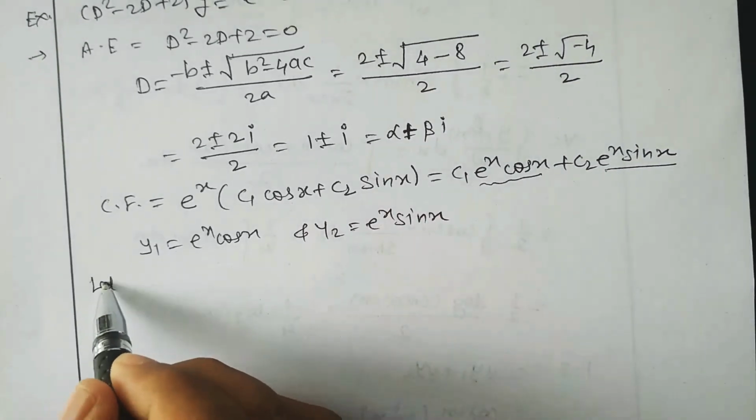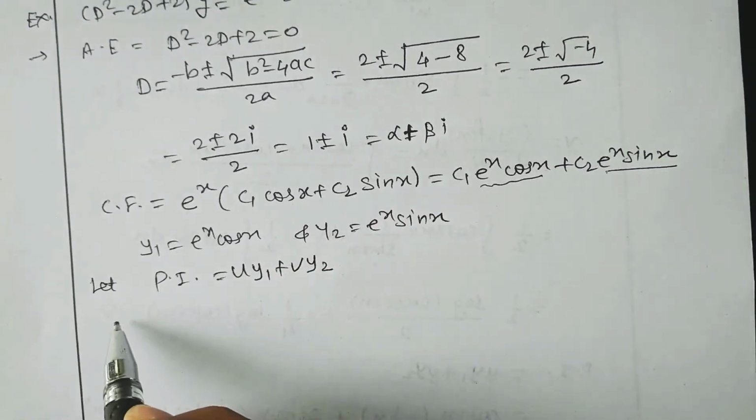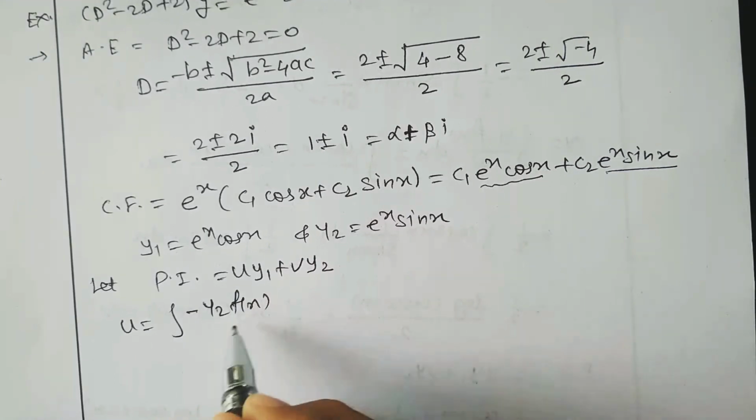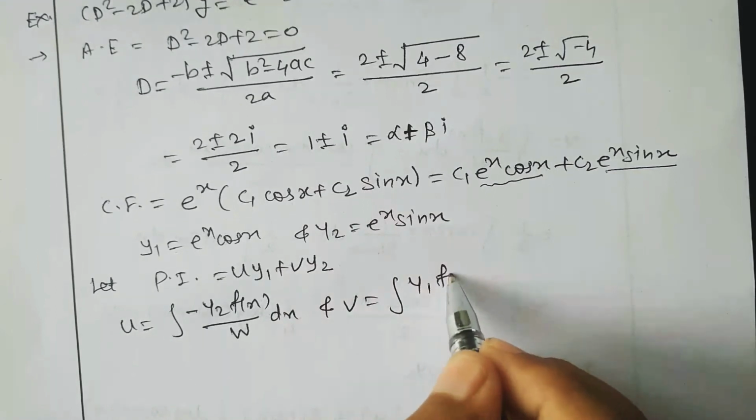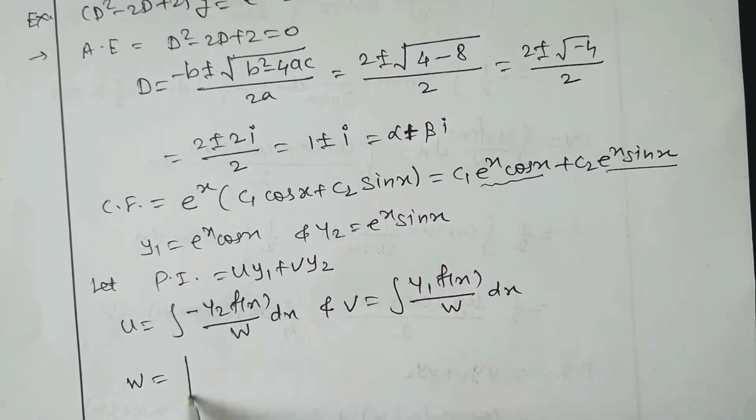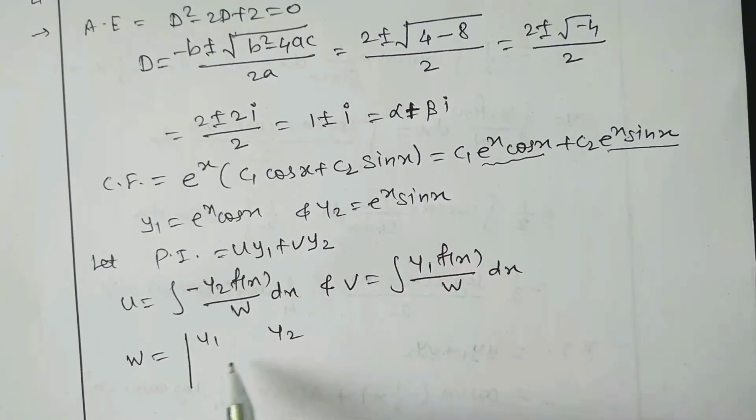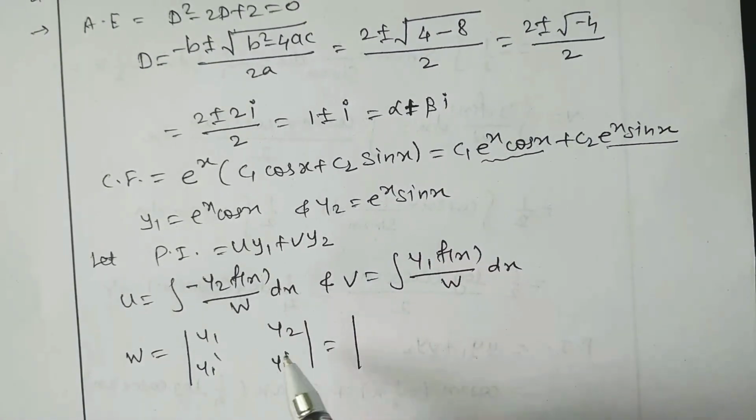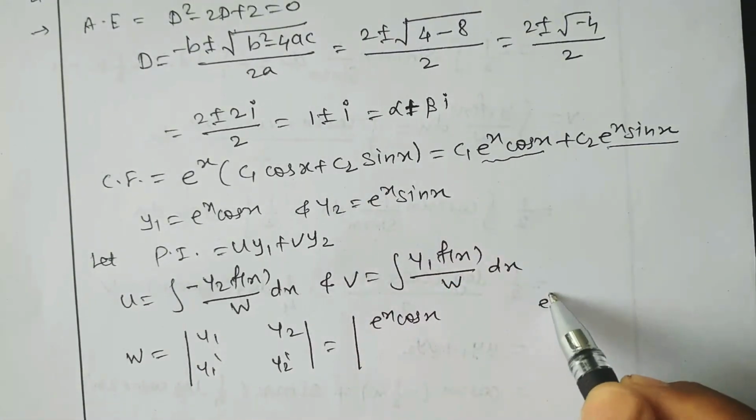We suppose that the particular integral is u y1 plus v y2, where the value of u can be found by using the formula integration of minus y2 f of x upon w dx, and the value of v is integration of y1 f of x upon w dx, where w, that is the Wronskian, is given by the determinant of y1, y2, y1 dash, y2 dash. So this is equal to, the value of y1 is e raised to x cos x, the value of y2 is e raised to x sin x,